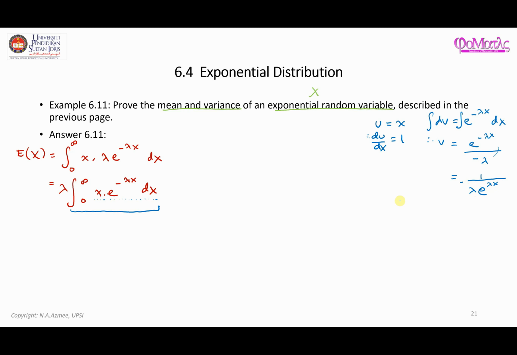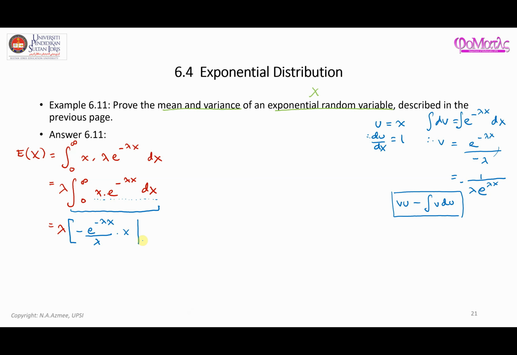And we have to apply this formula, uv minus the integral of v du. So this here is the integration by parts method. Next, what is v? Well, here we're going to focus on the integration by parts. v is this, which is negative e^(-λx) over λ,